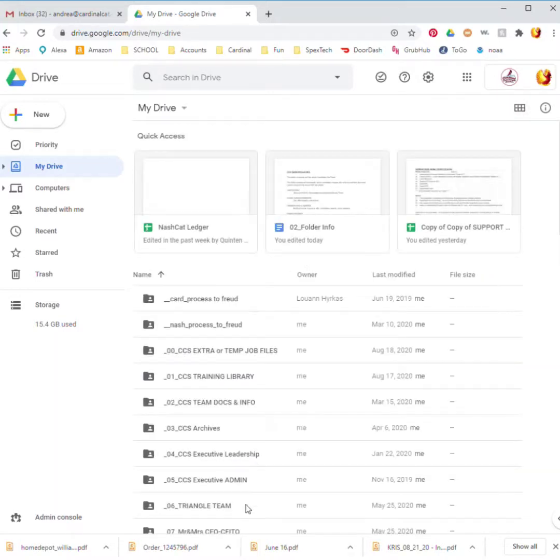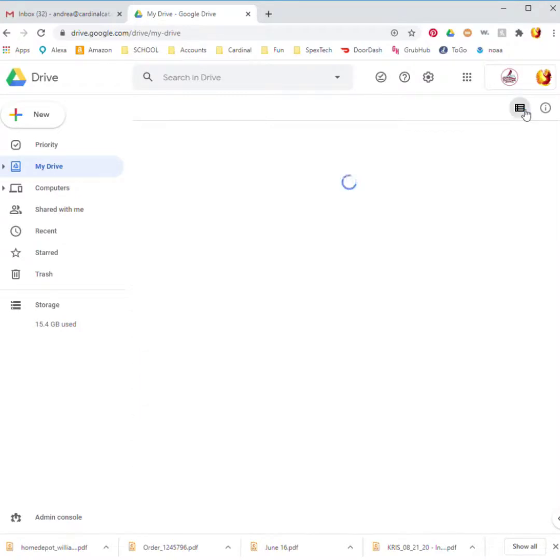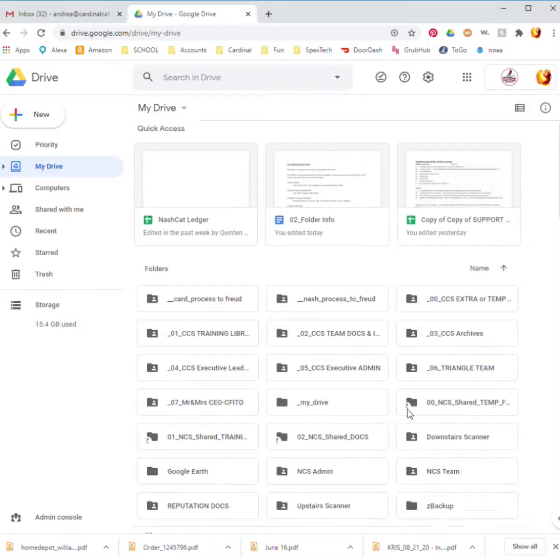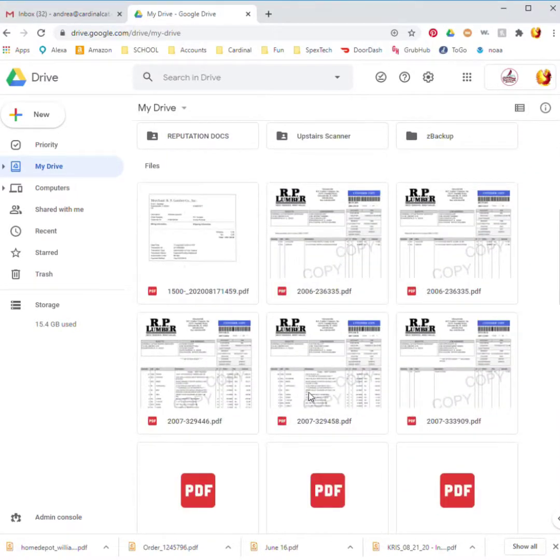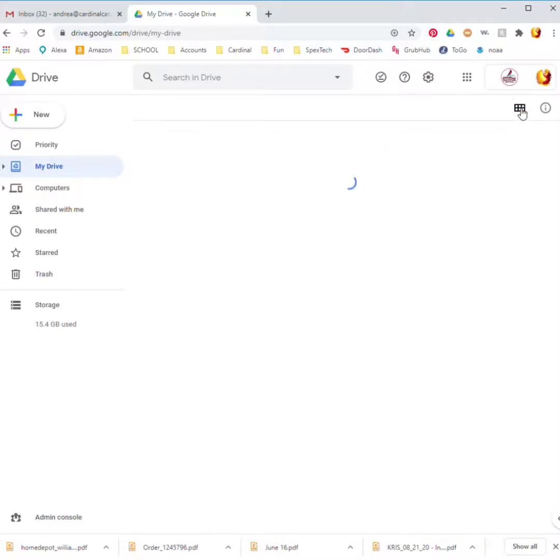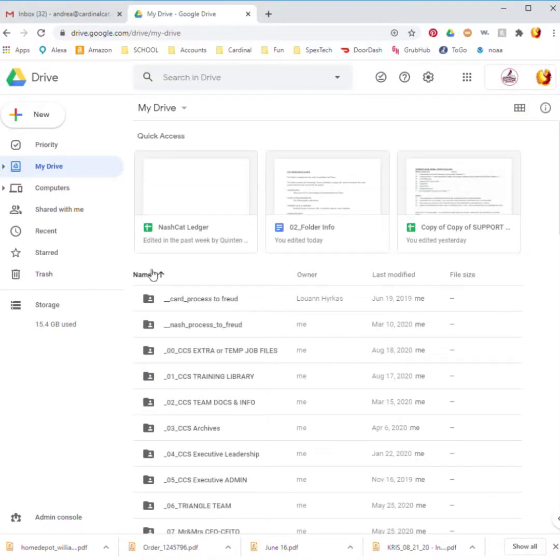So again, you have List View, you have Grid View. Grid View does give you some little thumbnails of files. I like to use List View, and I like to have my folders in alphabetical order. As soon as I do that, the main folders I work in on a daily basis pop right up here to the top, and that works great for me. Now sometimes when I go inside of a folder,